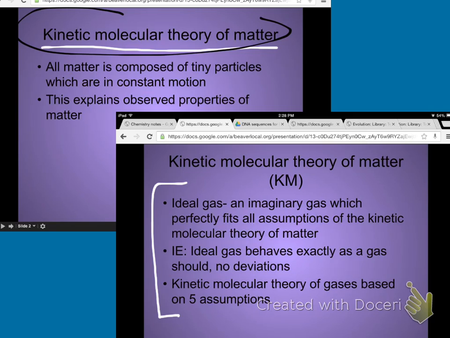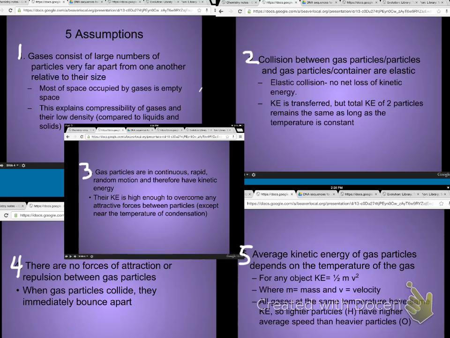If we have what we're calling an ideal gas, it behaves absolutely perfectly in accordance with all the things that we could say about how a gas should behave. We'll talk about the reality a little further down the road. There are no deviations. There are 5 assumptions. When we talk about kinetic molecular theory and gases, there are 5 assumptions that we're going to look at. And we're going to truth meter them from 99% truthful to somewhere in the middle. So these 5 slides I've put together into one just so that we can go through them relatively quickly. The first assumption,